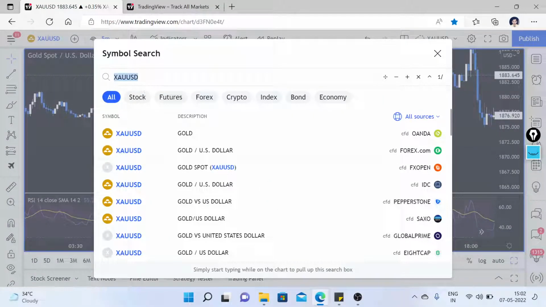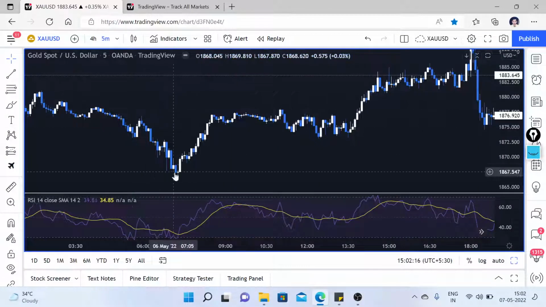From here you can change your symbol, you can search for stock, future, forex, whatever you like. So we are going to discuss gold. So as you can see, as per general